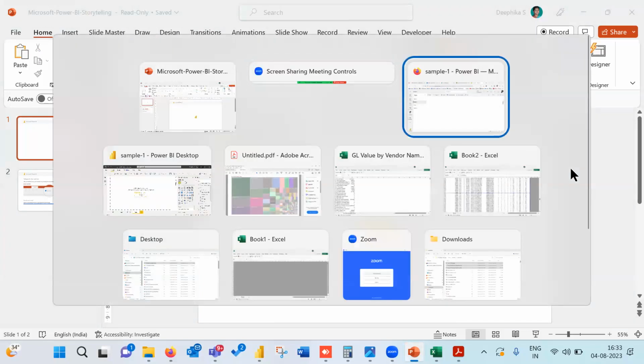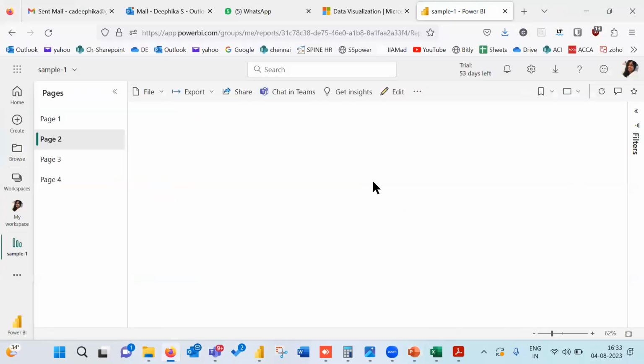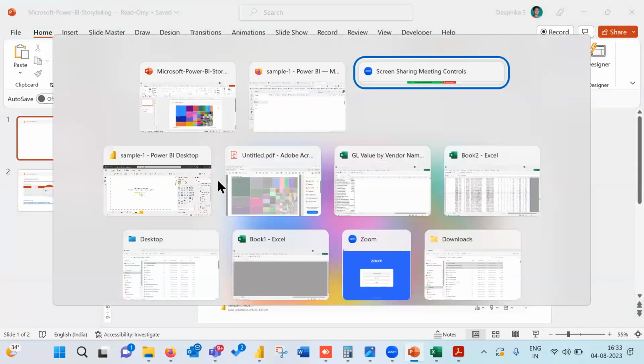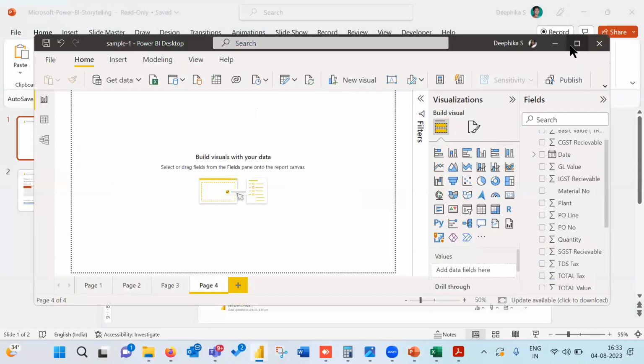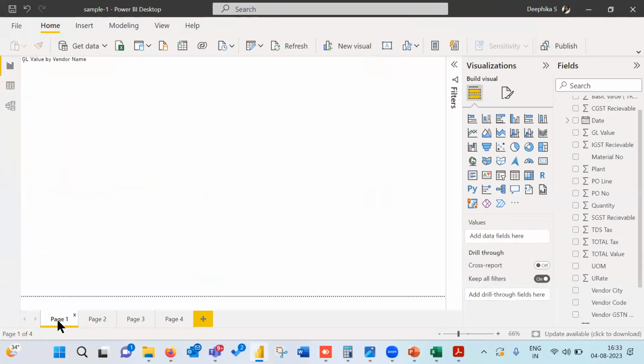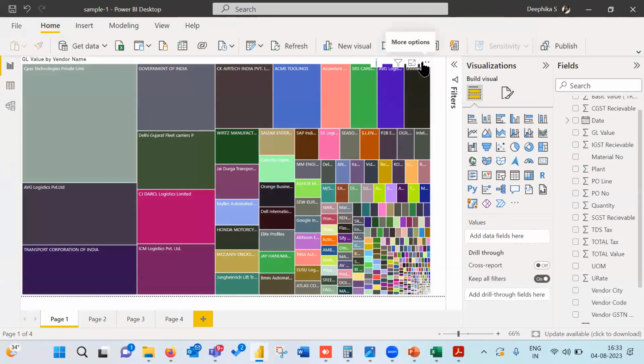So for chart data, there are only 2 ways to get it. One is you export from any chart. This is one small chart we put now. For every chart, there will be 3 dots. In that, we give export data. This will export the data behind the chart. We will not export the chart.